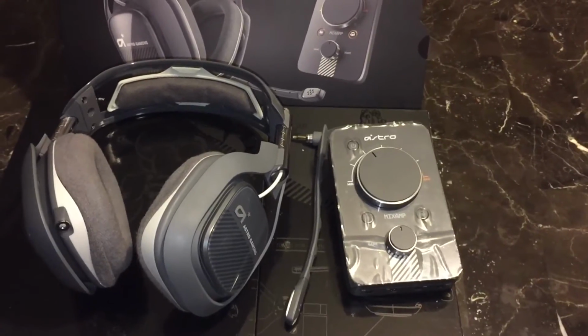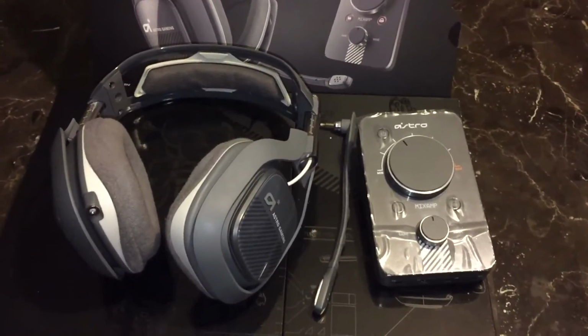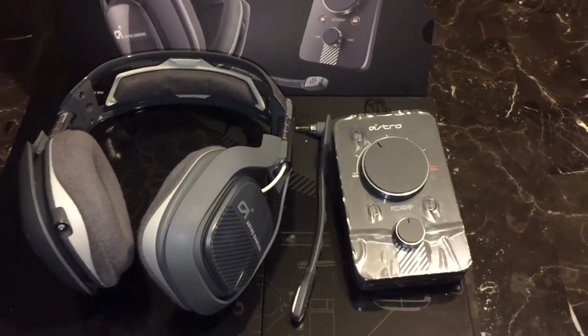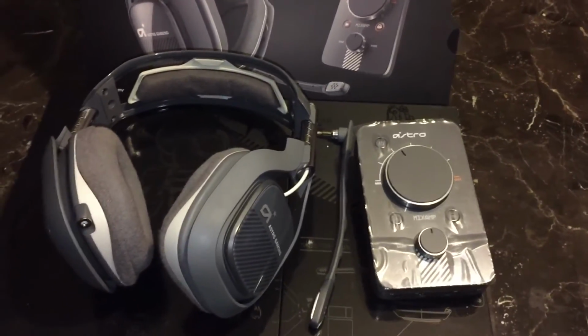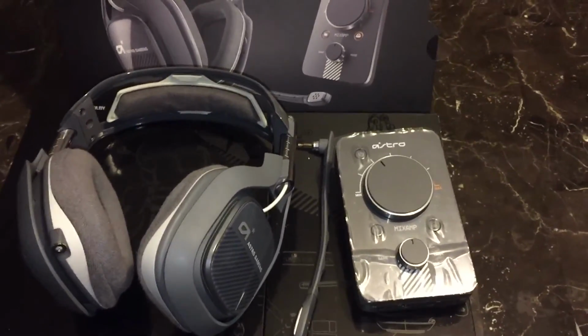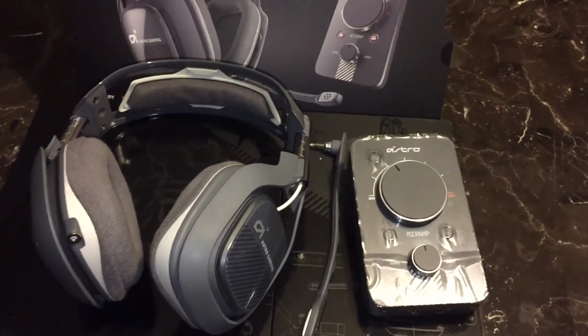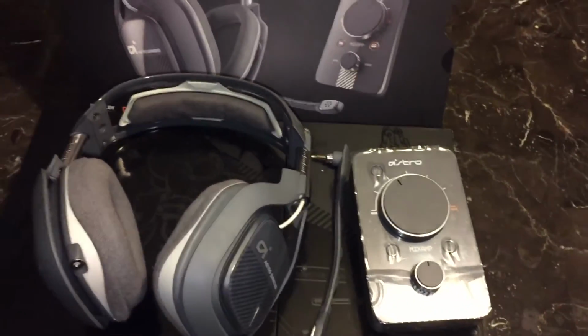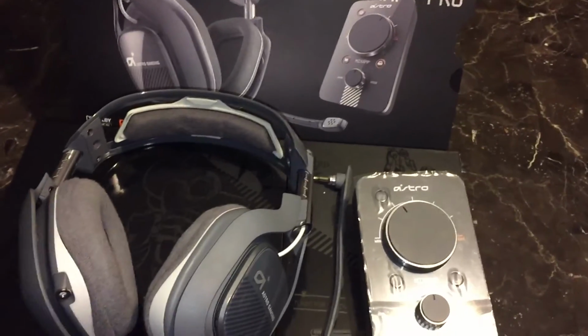Recommend these. Phenomenal gaming headset. To be honest with you, this is the best setup out there, especially within this price range. There is no better, in my opinion. Sound is subjective to everyone's listening. So what I like, you may not like. You may prefer something more trebly or more bass or something like that, or maybe even less bass. But for me, from my experience,